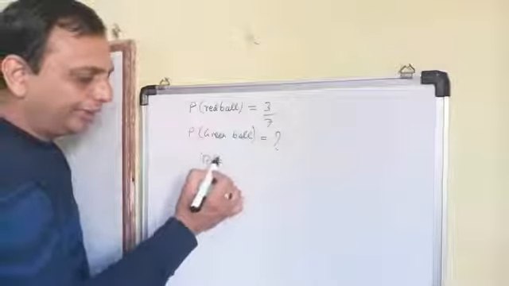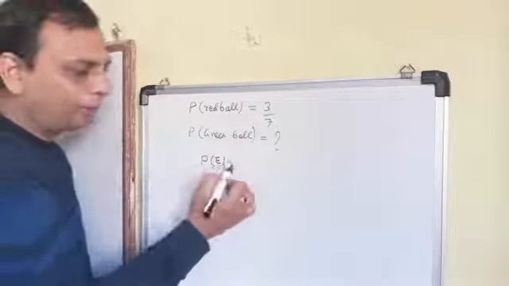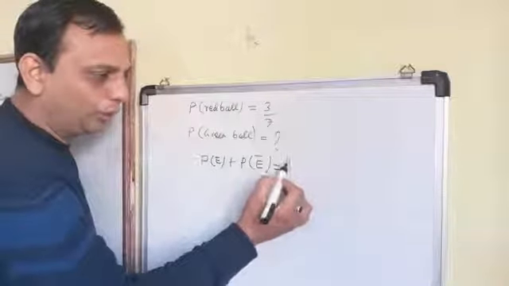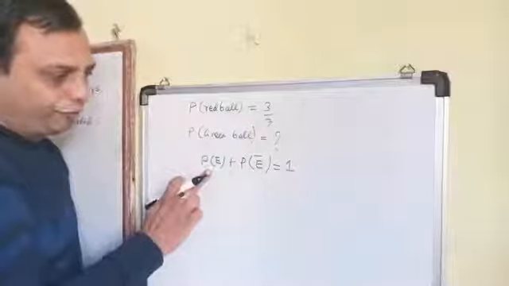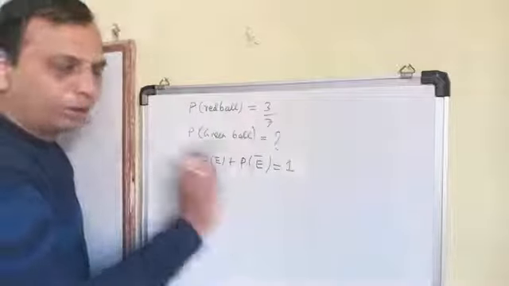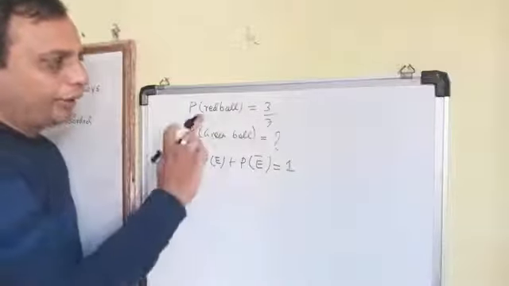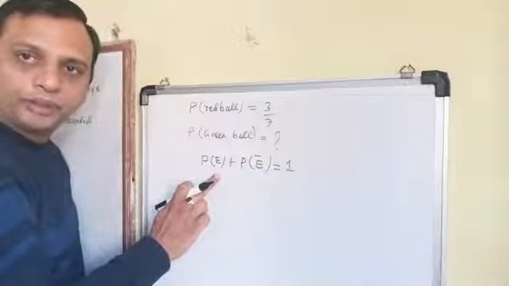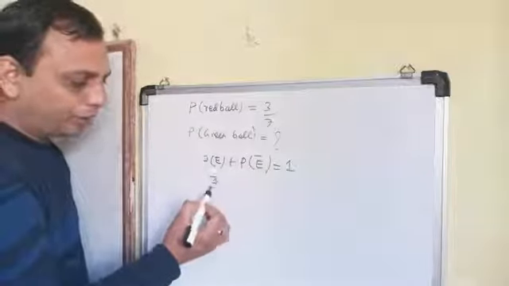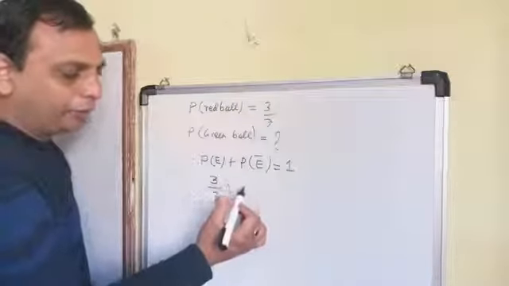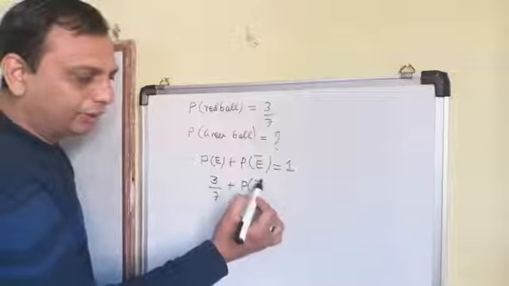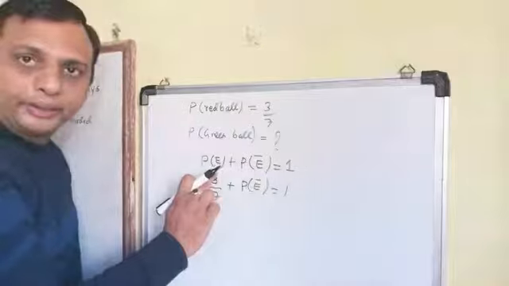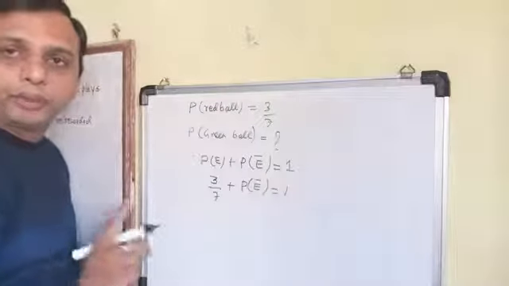The probability of E, where E stands for event, plus the probability of not E (E bar) is equal to 1. That means the probability of the event and the probability of not event is always equal to 1. Now the probability of the red ball is given, so that becomes P of E, 3 upon 7. The P of not E is not mentioned in the question, so we write it as it is. Total it will be equal to 1. Why is it equal to 1? Because I had told that total probability will always be equal to 1.